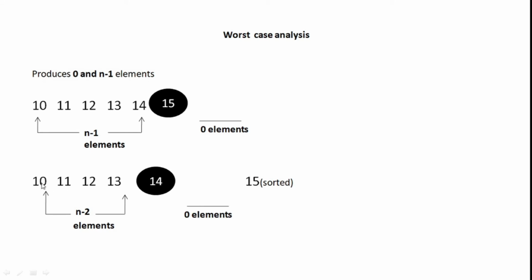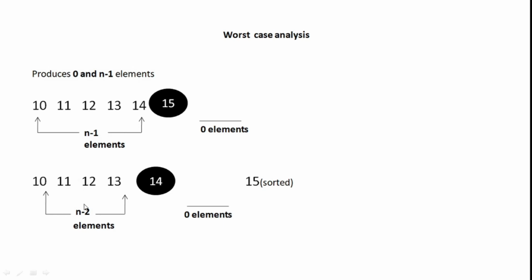And if we exchange the values of the same index, we'll get the same array. In each case there will be the same thing, like i is pointing at -1 and j is pointing at 0. j is compared with 14, 10 is lesser than 14, so increment the value of i, then i will also be pointing at 0 and j is also pointing at 0, then both will be exchanged, meaning 10 and 10 will be exchanged, so we are getting the same array. Okay, and we'll have the same thing for all of the rest of the elements.